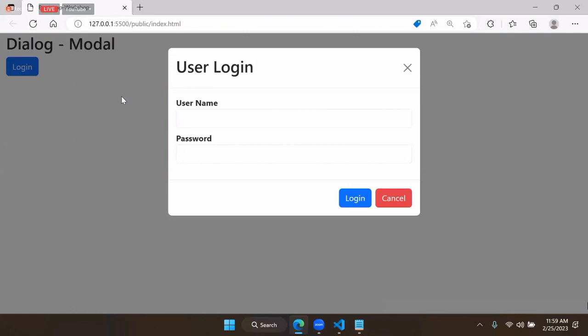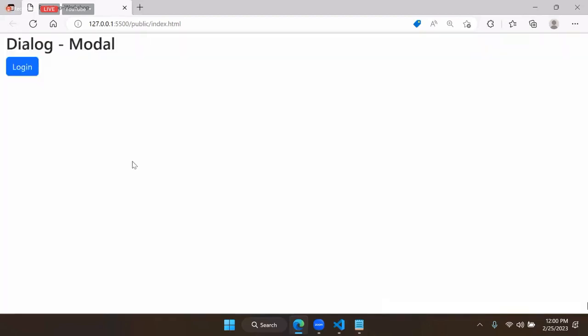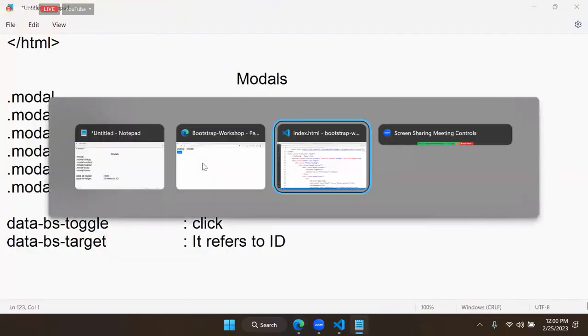It will open a modal pop-up. These are pop-ups. Alerts are different, modals are different. Currently, this modal should close when the user clicks the cancel or close button. And one more thing, currently it uses a backdrop. Backdrop means if you click anywhere outside, it will close. Actually, now what we are doing here, if you want to close, then you can write logic